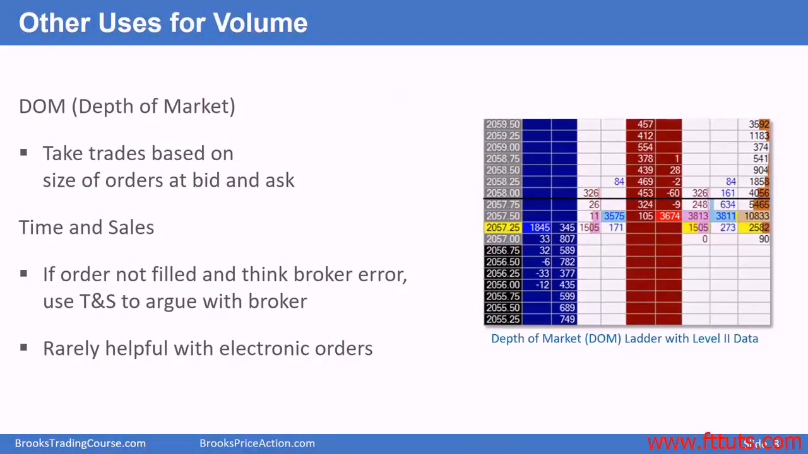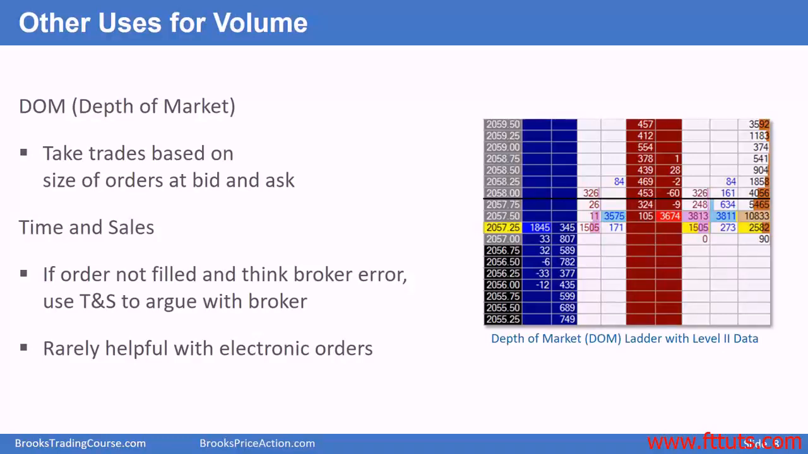DOM traders, depth of market, they take trades based upon the size of orders at the bid and ask. Time and sales, this is another thing traders look at. If an order is not filled and you think your broker messed up, you can look at the time and sales to argue with the broker, telling them that the trade should have taken place and that their software made a mistake. That used to be true years ago, 10, 15, 20 years ago, when everything was not electronic and